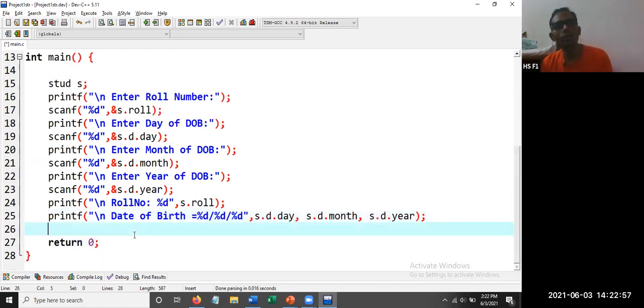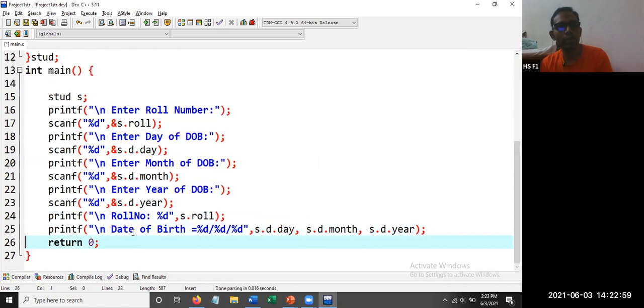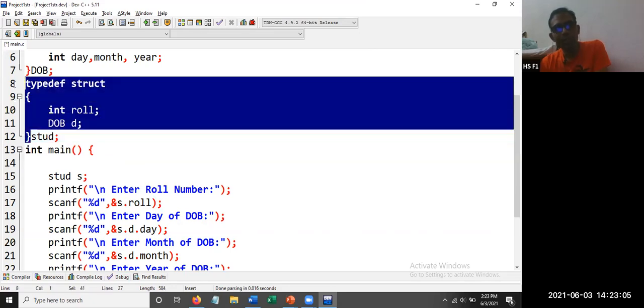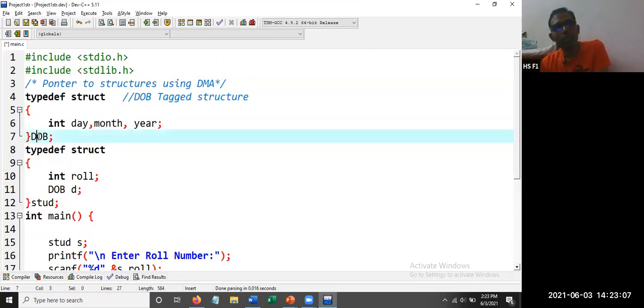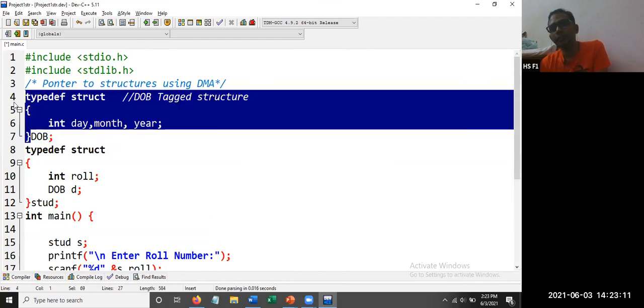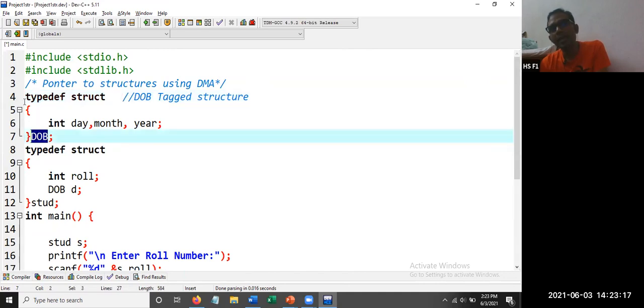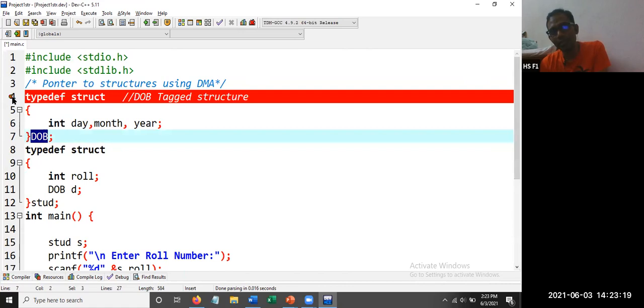So this is how we are going to give an alias name. Here stud is an alias name for this particular typedef structure. Here DOB is an alias name for this typedef structure. If you use typedef, you need not use the name over here. Now that name will be considered an alias name for this particular structure.